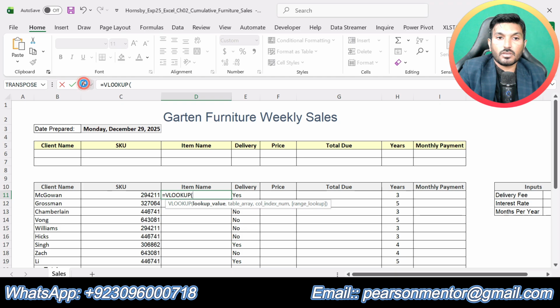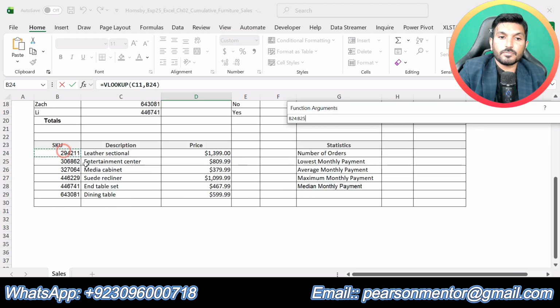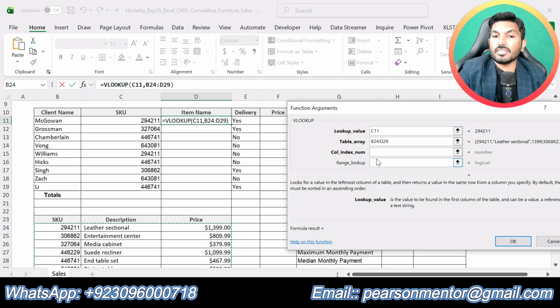Click on the function symbol. So our lookup value will be the SKU that is given in cell C11. Now our table array is given here, that is B24 up to D29.